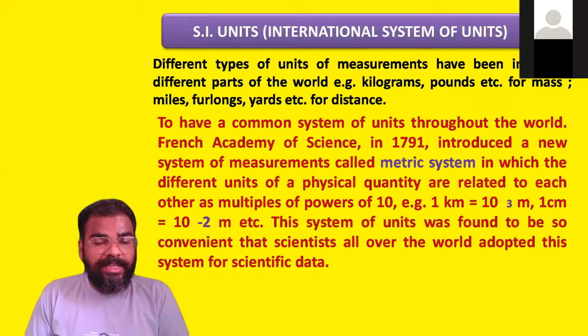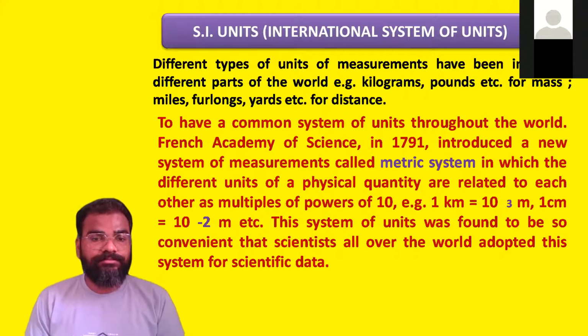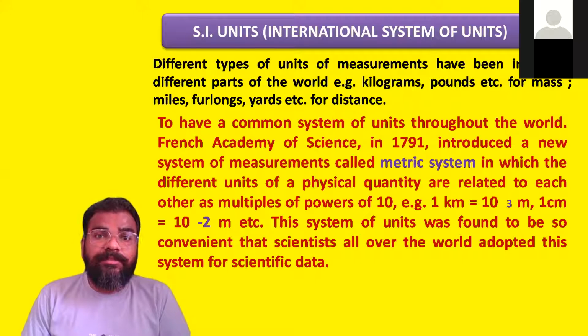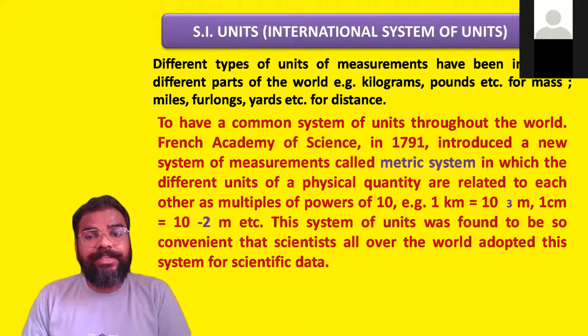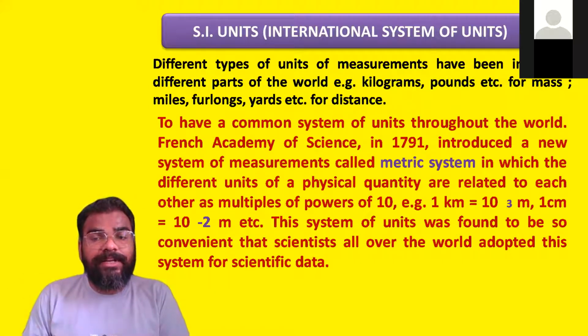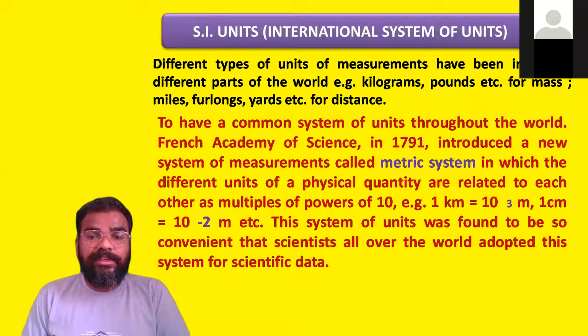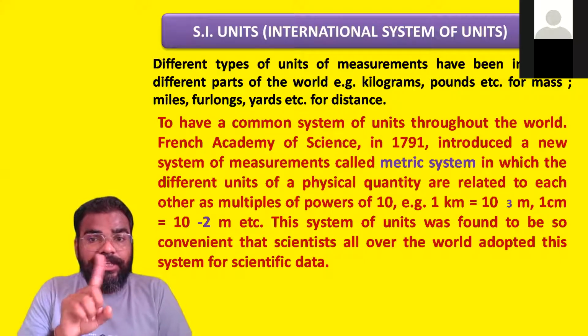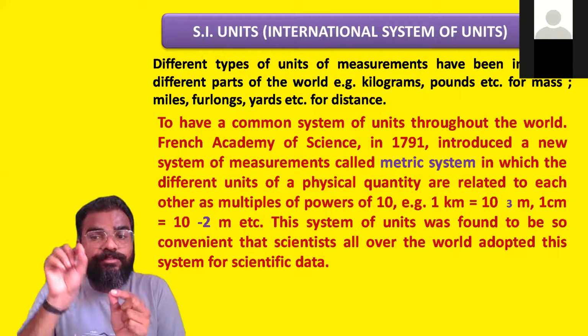So to have a common system of units throughout the world, the French Academy of Science in 1791 introduced a new system of measurement which is called the metric system, in which the different units of a physical quantity are related to each other. They were multiples of powers of 10, 10 के पावर में metric system में लेते थे. जैसे कि एक एग्जांपल ले रहे हैं 1 किलोमीटर, so 1 kilometer you can write as 10 raised to power 3 meter,